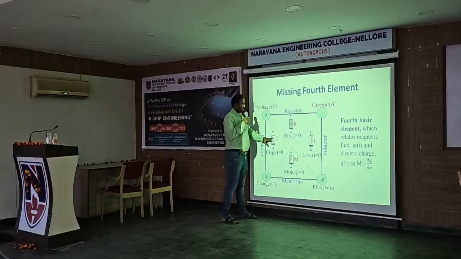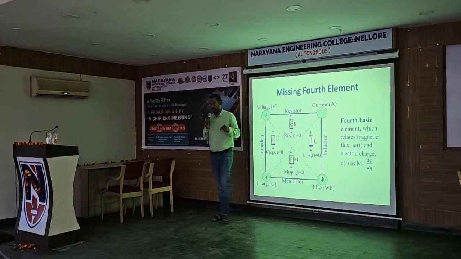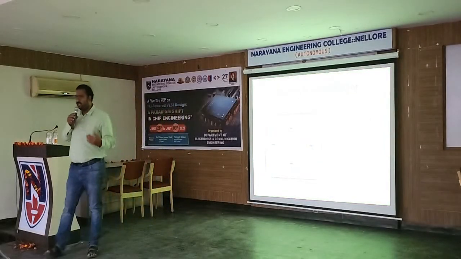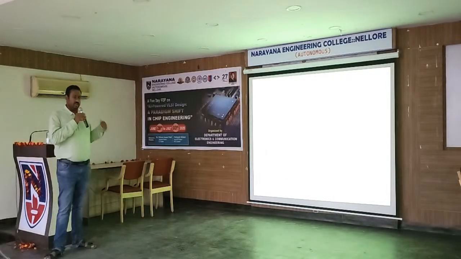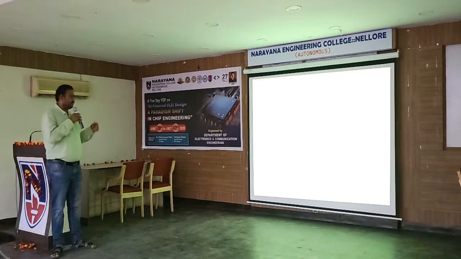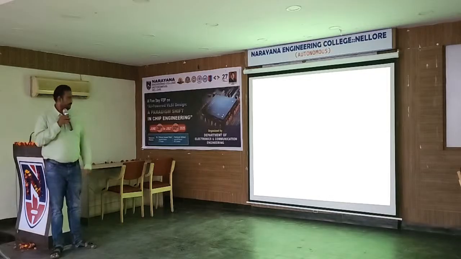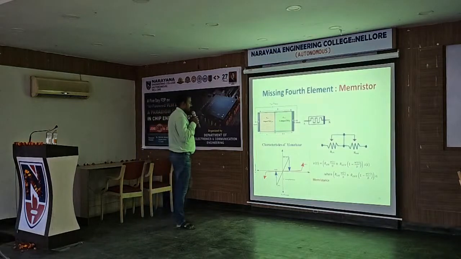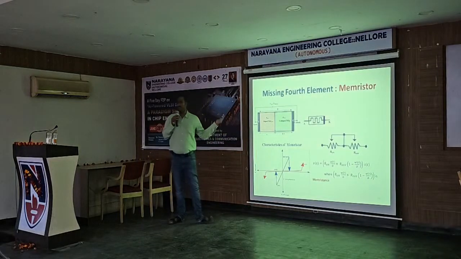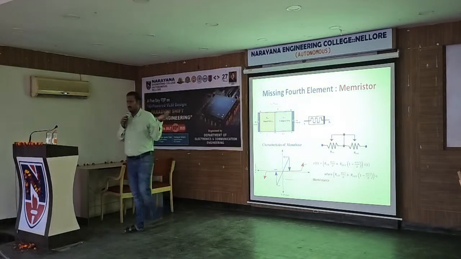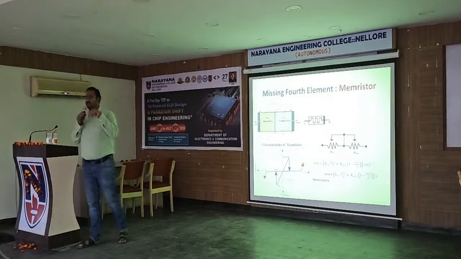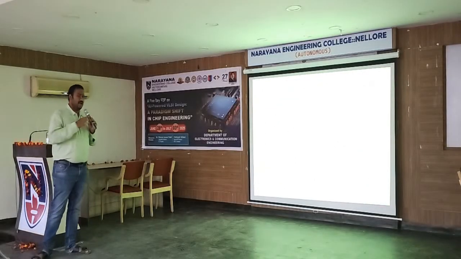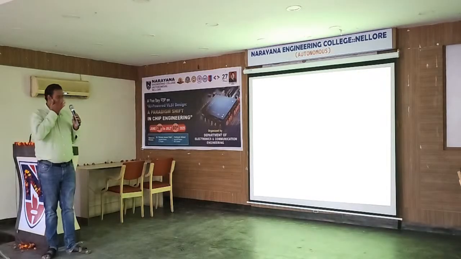Capacitor, resistor, inductor have some memory, but it is not complete memory. Actually, it fades over a period of time, but the memristor does not. It can store the values, and it can also be used for computing. So you can see that usually we will have a high resistance state and a low resistance state. That is what we use for computing. 0 is like low resistance, HRS is the high resistance state.